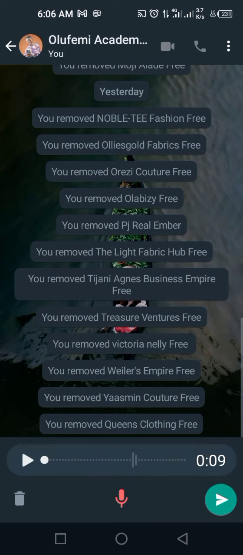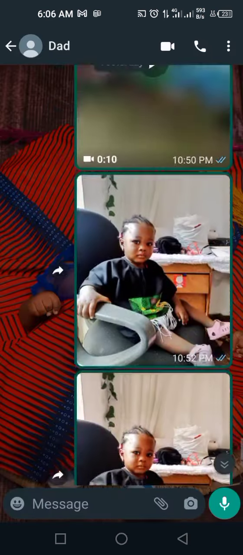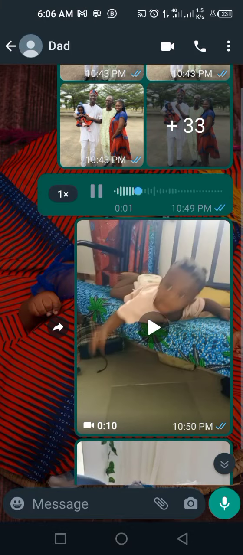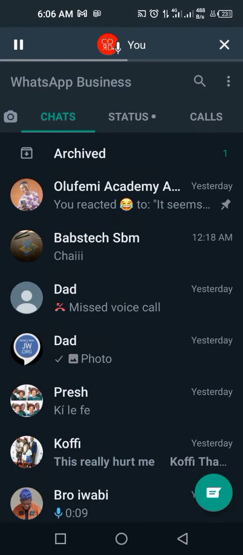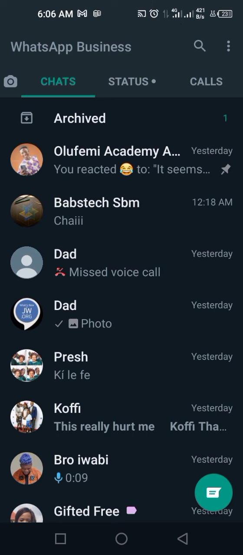So I can listen to whatever I've recorded, and just continue with my voice note, which means that there's a semi edit that I can do to my voice note. I can record my voice note, pause it, continue, listen, pause it, continue, listen. If someone sends a voice note to me, I can be listening to my voice notes this way, and when I'm listening to the voice note, I can go back and the voice note continues playing here. Very simple. That is update number 5.